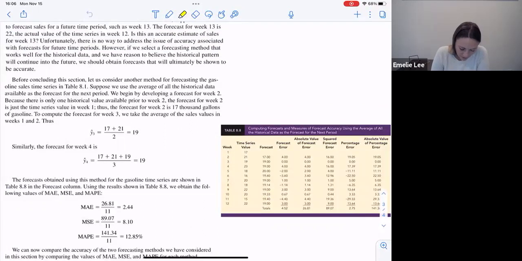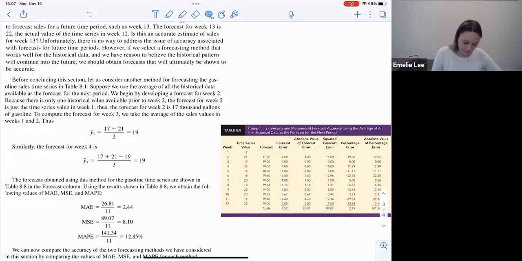All right. So there are many ways of forecasting, and we've only looked at the naive forecasting method for now. That was to introduce things like the MAD, the mean squared error, and the MAPE. It was to introduce those key players in how we measure how accurate our forecasts are. But what if we wanted to do something a little bit more sophisticated?